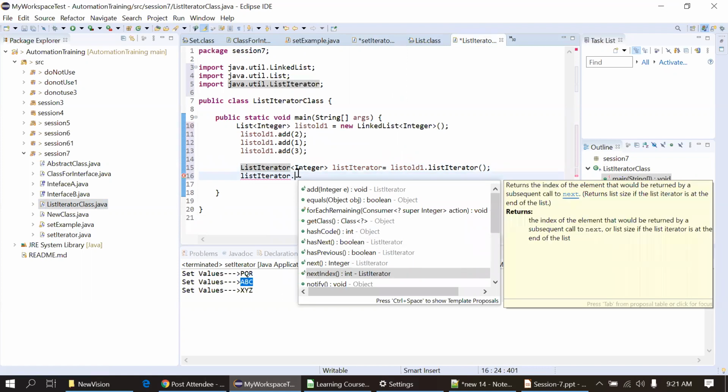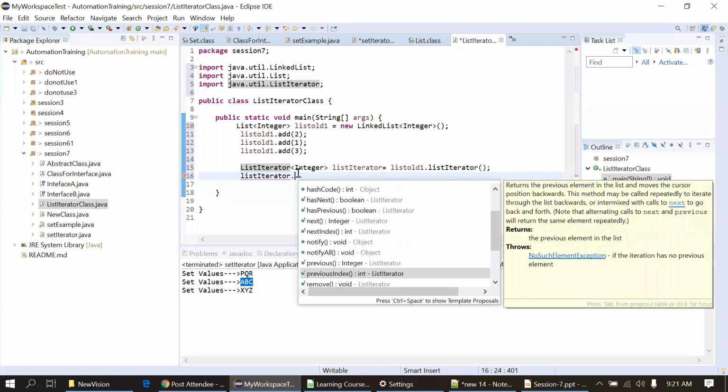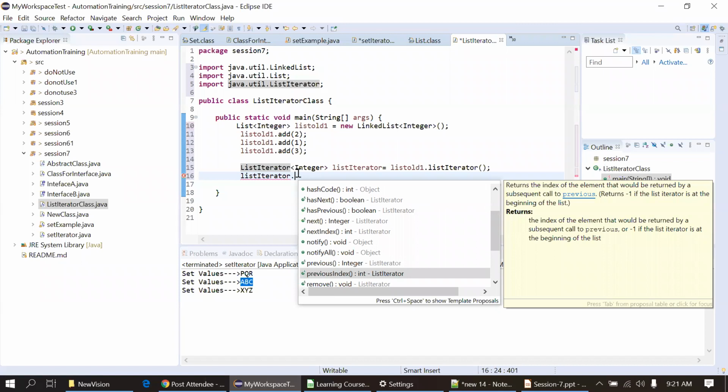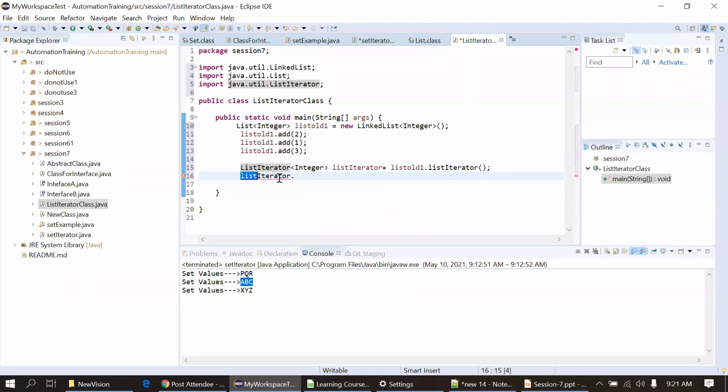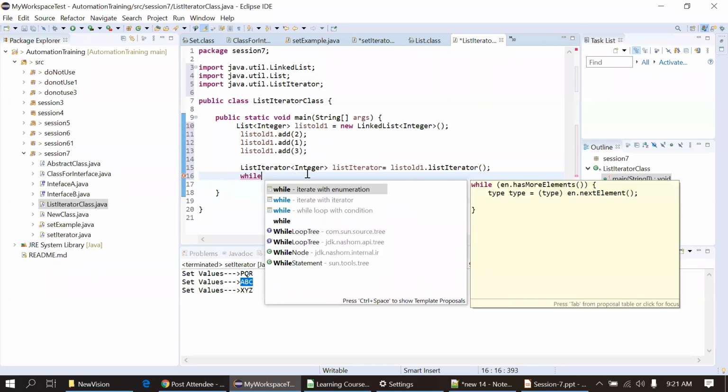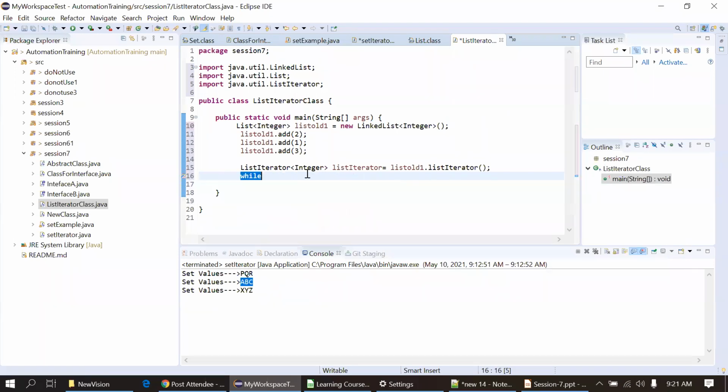You can see previous index. So it means we can traverse forward and backward in the list. Okay, so again I will write one loop here, while hasNext, curly braces.